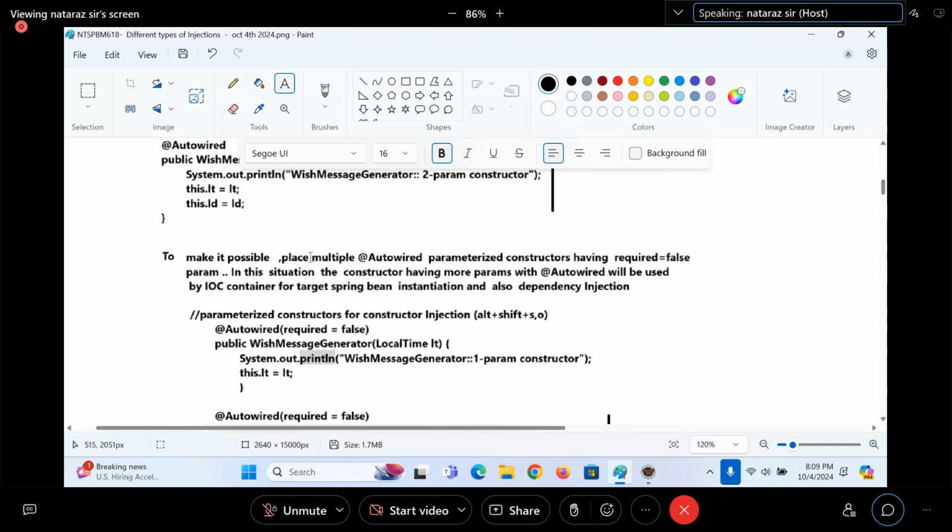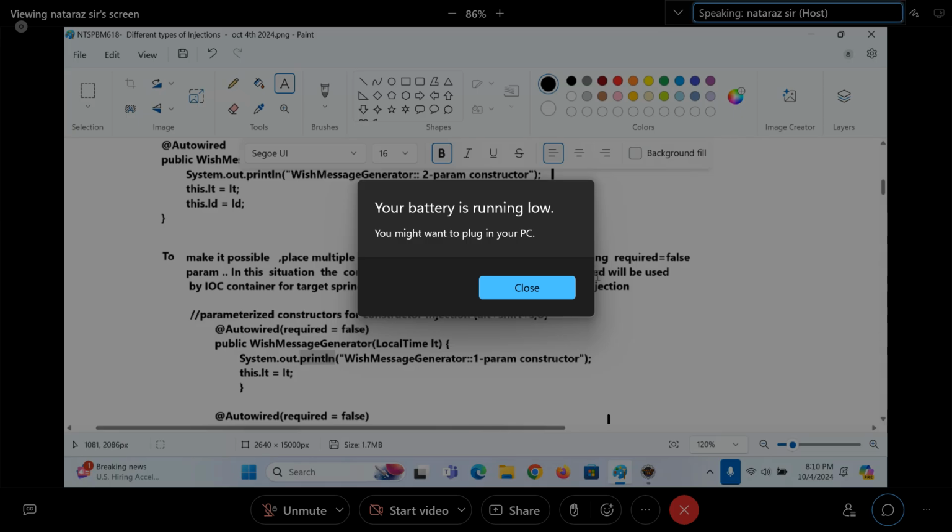To make it possible, place @Autowired on parameterized constructors having the required false param. In this situation, the constructor having more parameters with @Autowired will be used by the IOC container for target Spring bean class instantiation and injection. Hey, listen, I kept required false on the three-parameter constructor, but it has picked up the more-parameter constructor only. That's the basic funda, guys.